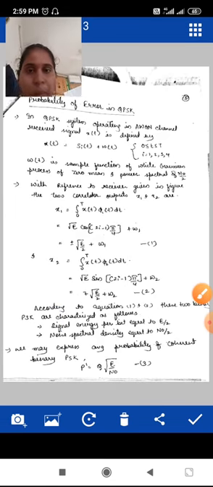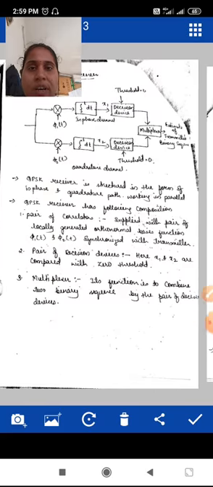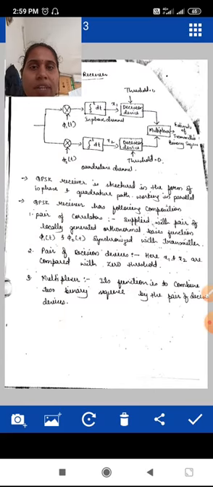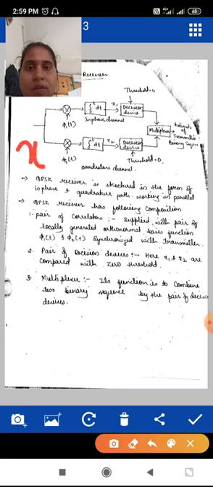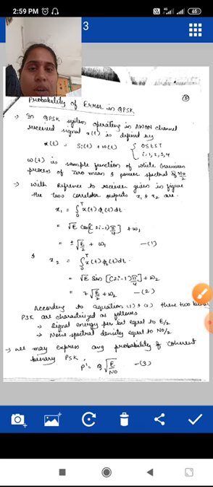So how to calculate the probability of error of a QPSK signal? As we have seen in the calculation of probability of error in the BPSK, whatever x of t is, it is simply si of t plus w of t, where i is equal to 1, 2, 3, 4. And again, what is x1? From the figure we can make it out. This is x of t, and x1 is the integration of x of t into phi 1 of t.